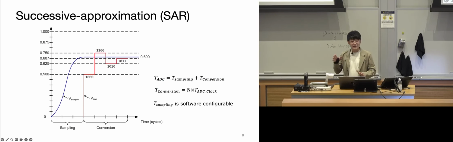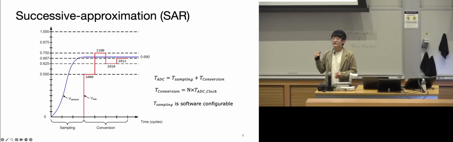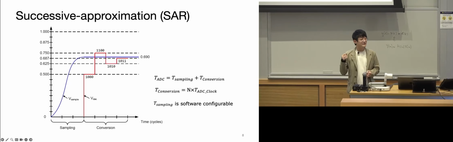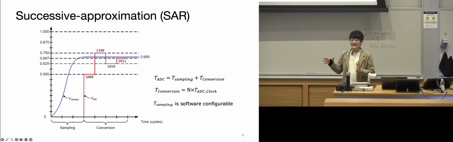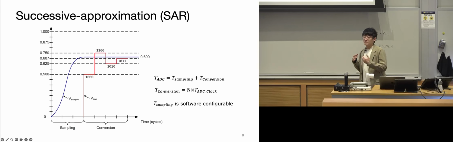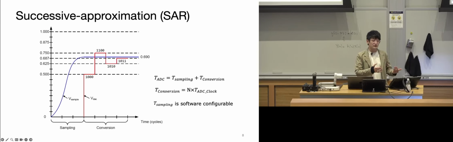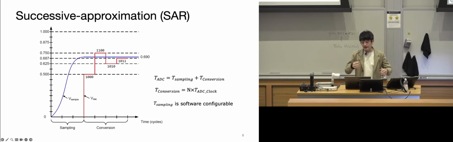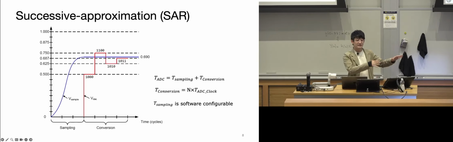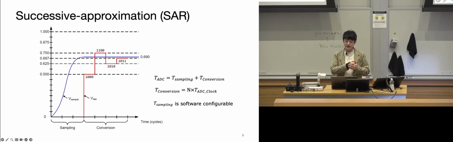So any guesses on why it's good to have a configurable sampling time for the ADC channels? Any guesses? It's mainly to be more flexible, because chances are the ADC will be connected to various types of sensor modules or real-world signals. The time it takes for a sensor's output to become stable can vary. It depends on the output resistance that the sensor internally has.